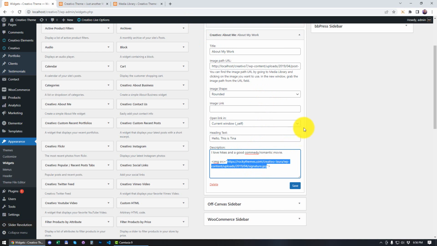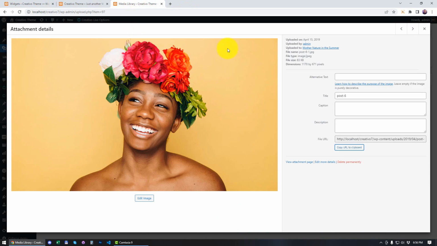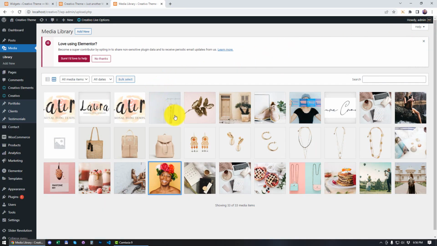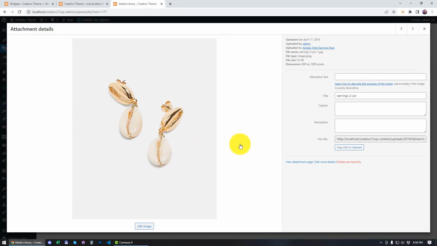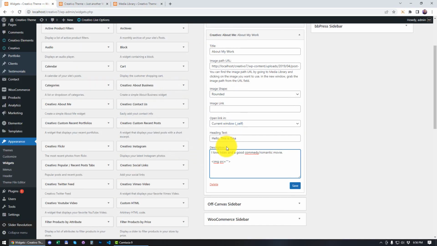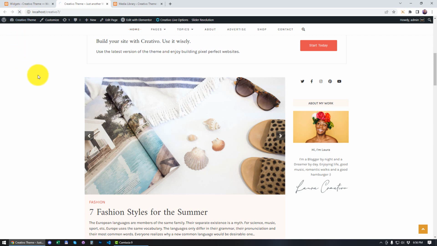delete everything that appears between these double quotes, and then go to the media library. And I don't know, maybe I want to show these earrings for some reason I cannot explain. Go back, right click, paste. So you can see that between these double quotes, now I have the link for these earrings. Click on save. And now if we go back to our site,